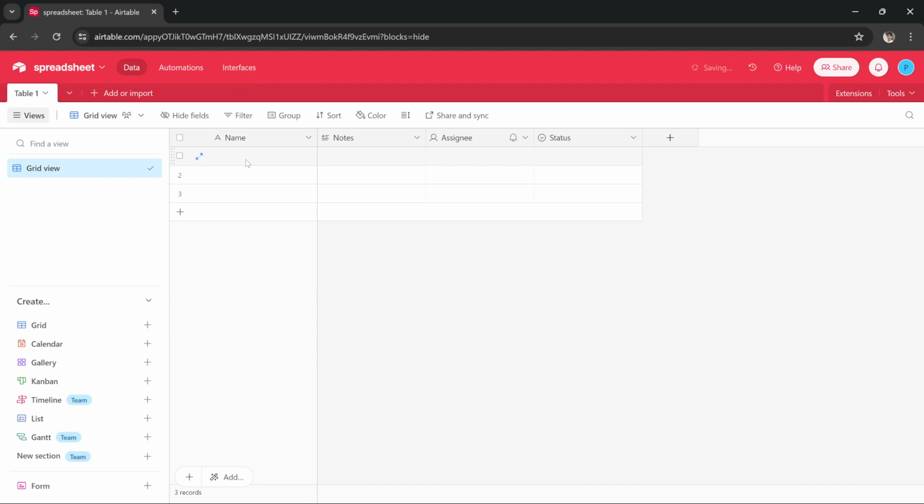So as you all know, in a spreadsheet we have a lot of columns and then we have a lot of rows. In a spreadsheet you get thousands of rows and a lot of columns by default, but as you can see here, Airtable only gives us 4 columns and 4 rows by default, so it doesn't exactly look like a spreadsheet. But if we want to make it look like a spreadsheet, all we have to do is add more